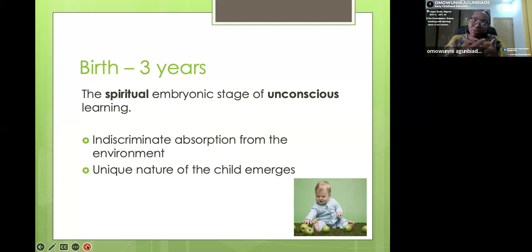And the moment the baby is growing, they will tell you, take your folic acid, no alcohol, don't do this. There are a lot of things they will tell you in your first trimester. Don't do this at all. Don't try it. The same way we take care of that physical embryo, that's how we're supposed to take care of the spiritual embryo, the embryonic stage. The child's inner self unfolds naturally, and it is shaped by the experiences and the environment.